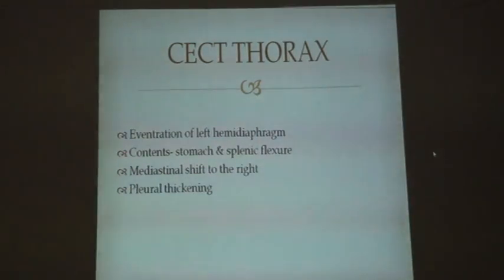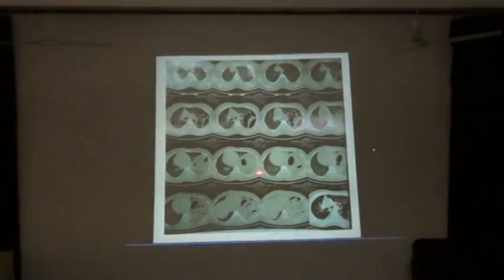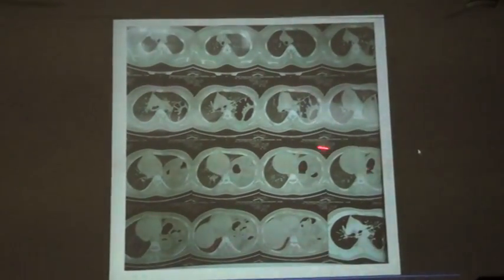Contrast enhanced CT scan showed eventration of the left hemidiaphragm. Here the contents were the stomach and the splenic flexure. There was mediastinal shift to the right, and there was pleural thickening. These are the CT pictures showing the displaced stomach with the